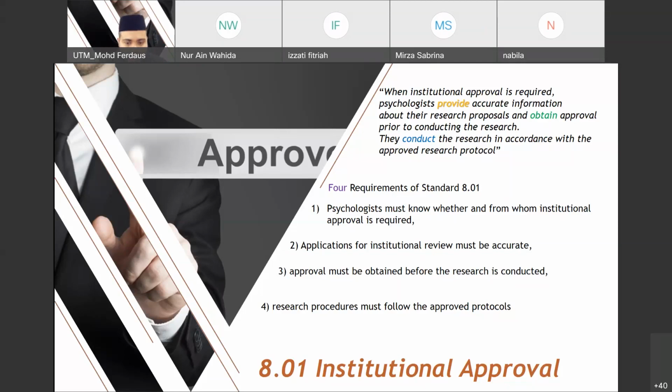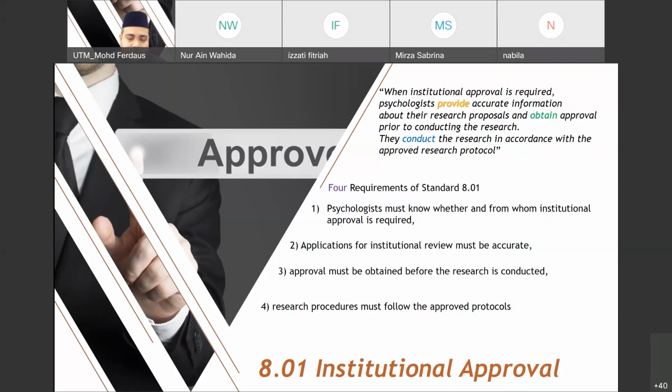You cannot simply change the data collection from physical interviews, observation, or physical survey to online survey or online interview. In order to do that, you need to inform your IRB panel or committee that you are changing that protocol. Depending on their consideration, the IRB committee will either give you permission to amend, or require you to submit a new proposal with the amended research procedures. So it depends on their consideration.